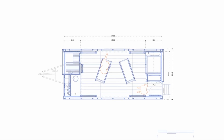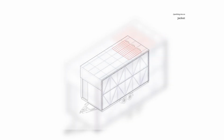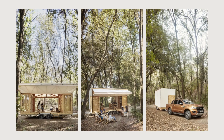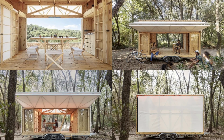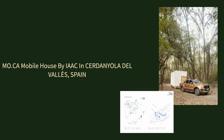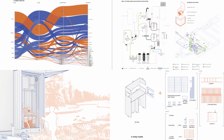The other toolbox features a closet to store custom-made furniture. These furniture pieces, when in use, activate the space to host various activities, such as an office, workshops, exhibitions, or concerts. The furniture is designed to fold and take up minimal space. The design is a combination of wood, fabric, and dowels that allows for lightweight assembly. The integrated set includes a table, 6 stools, 2 lounge chairs,